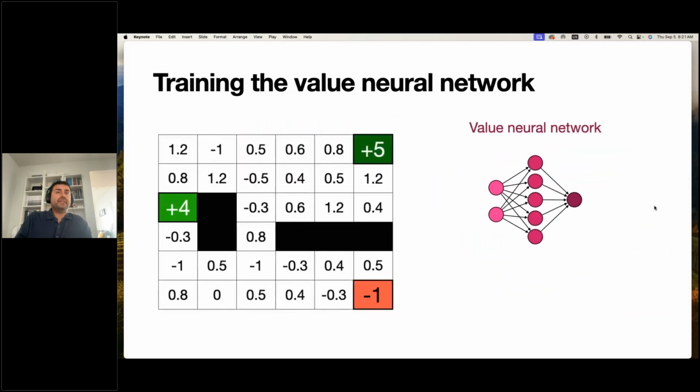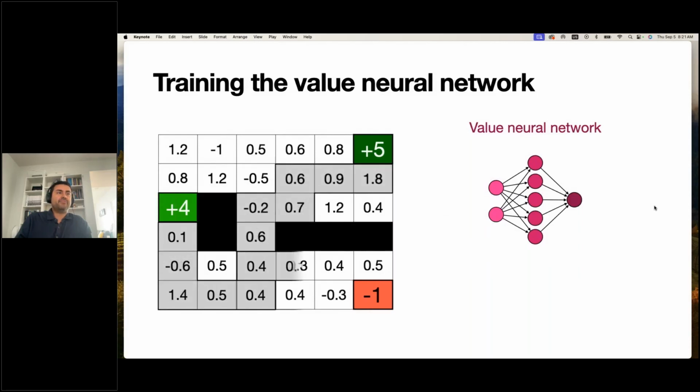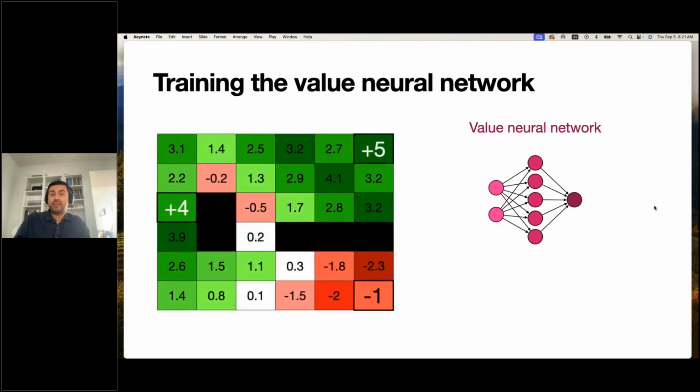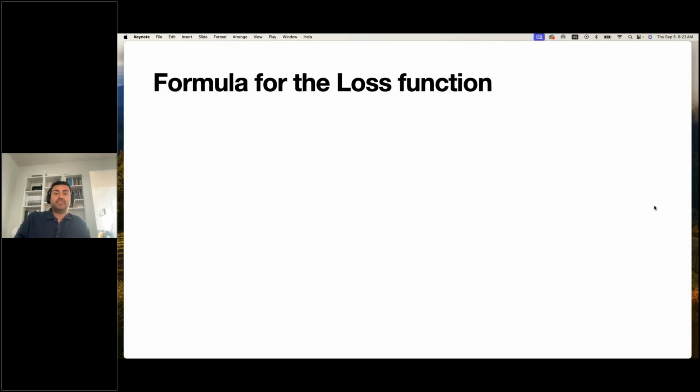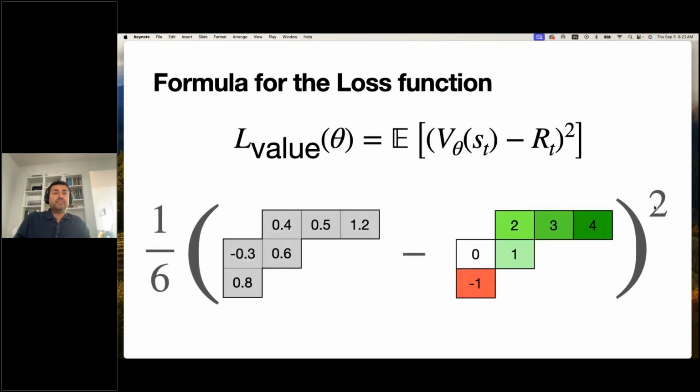And what you do is you do this with many paths. I do this with this path, and I take another path, and I fix it, and I take another path. If I do this many times, I don't have to walk over the entire grid to get something pretty good. If I walk around as much as I can, I get a neural network that gives me something pretty good. So the formula for the loss function is this one.